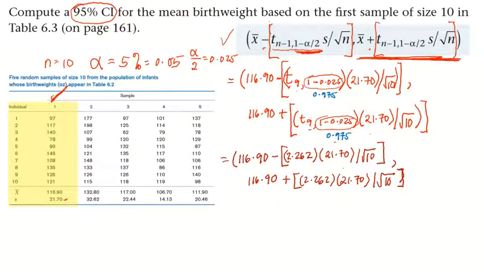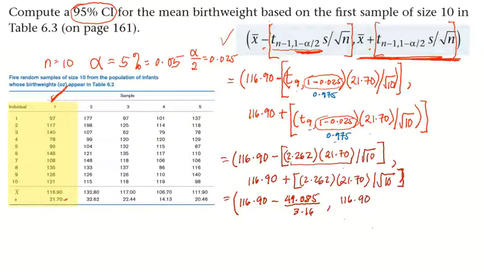Okay, so if we simplify these, we'll now arrive at 116.90 minus, okay, you multiply these first, and the answer there will be more or less 49.085, and we divide that by the square root of 10, which is 3.16, okay, and then comma. On the right side, we have